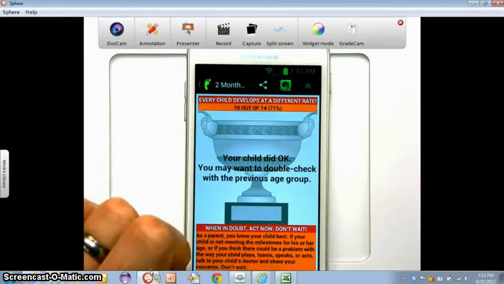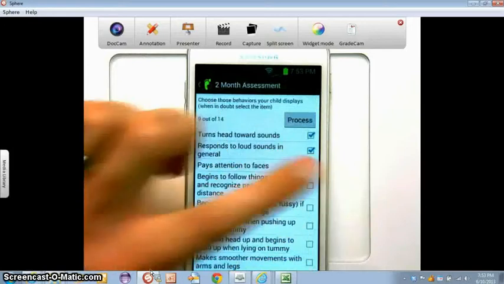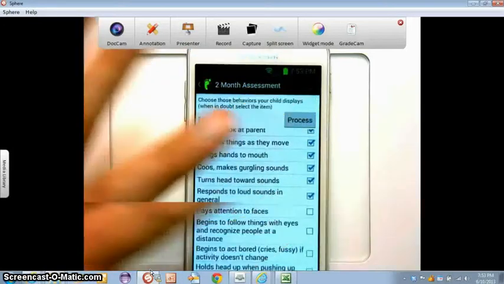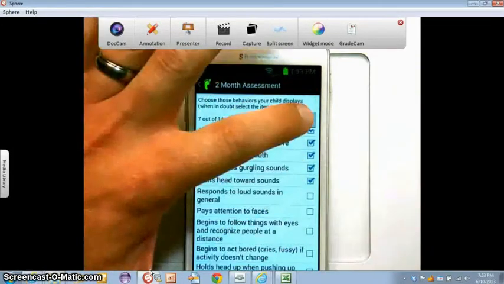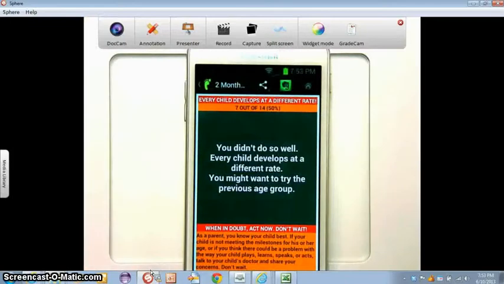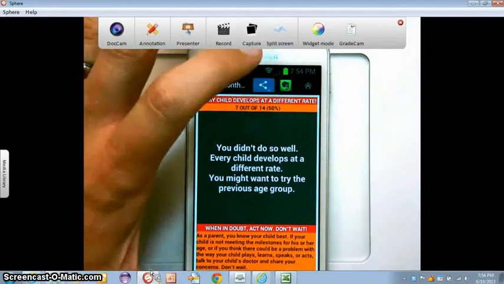If I go all the way down here, this will make sense in a second. This is obviously 7 out of 14, 50%. I might have some issues. I've gone through that, and I want to talk to a doctor, but I'm going to go in and say, let me show you this app, and let me point out the things it can do. One of the things I added here was the share feature, and I'm just going to go with